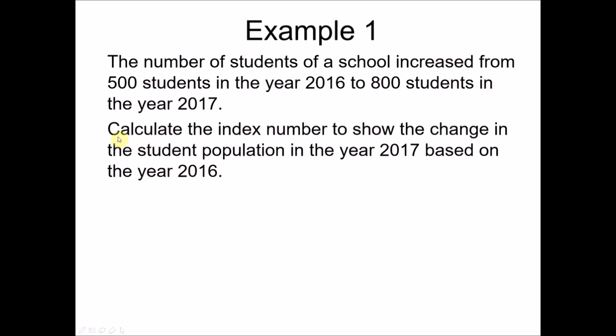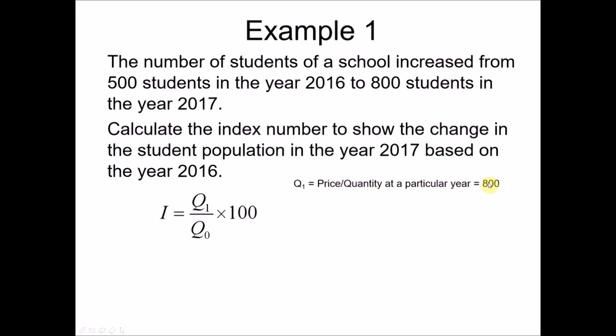So whenever the question asks you to calculate the index number, you use this formula, where Q1 here refers to the price or quantity at a particular year. Since we want to find a change in the year 2017 based on 2016, this Q1 refers to the quantity in the year 2017,